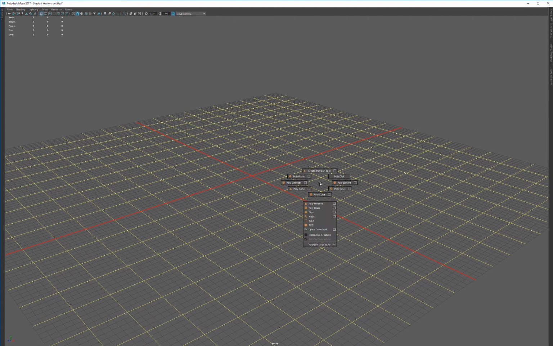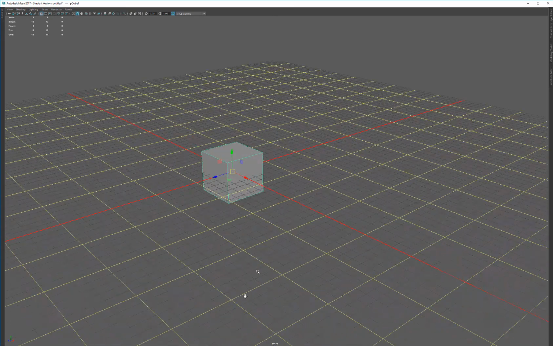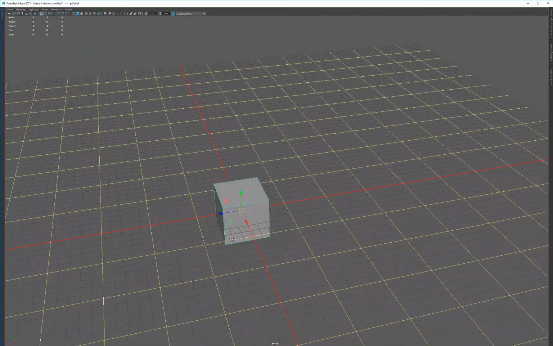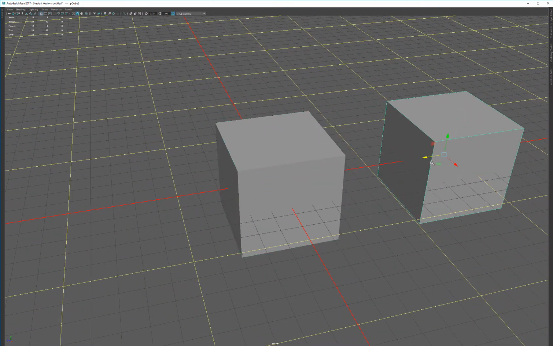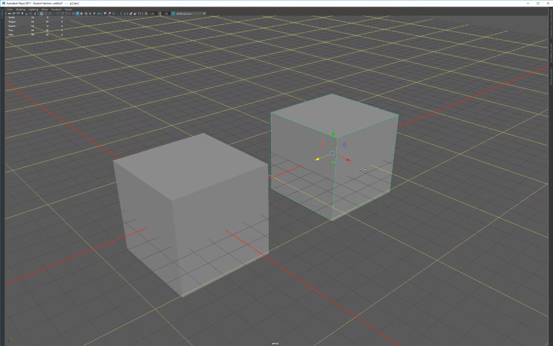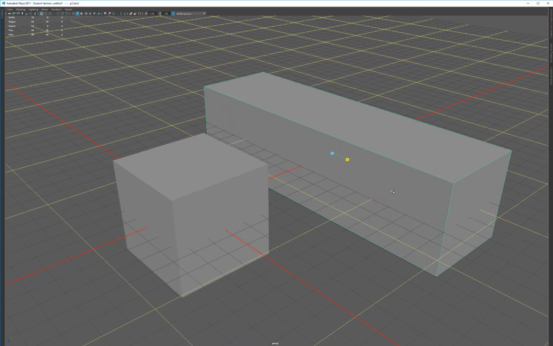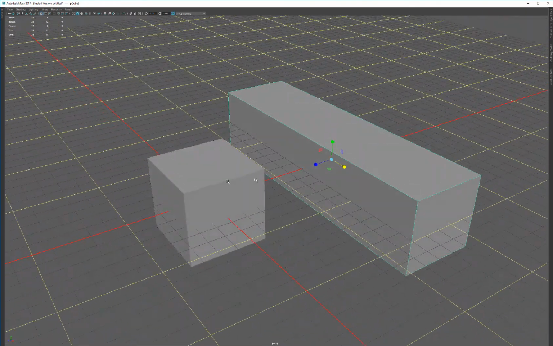So I'm using Maya. Obviously you know how to do all these basic principles using Max. Not exactly difficult. So there's one of my assets. I'm just going to duplicate that, and effectively that's going to be my secondary one. So my secondary one, what I'll do is I'll just make it somewhat larger. So we've got effectively two objects, and what we need to do is assign one material to this and another material to this. And then that way, when we put it into Painter, we'll have two different UV sets to